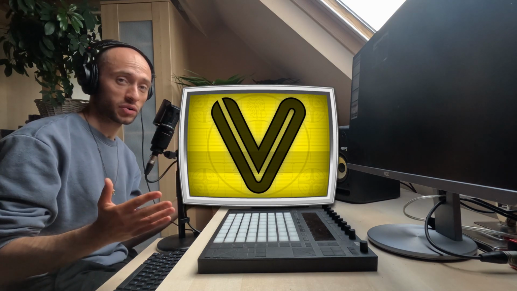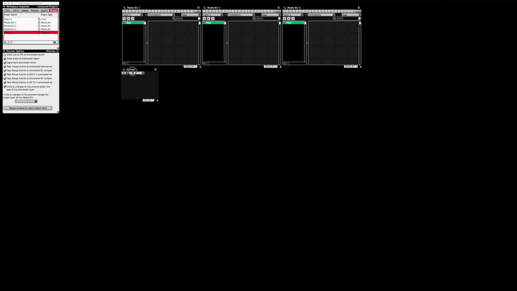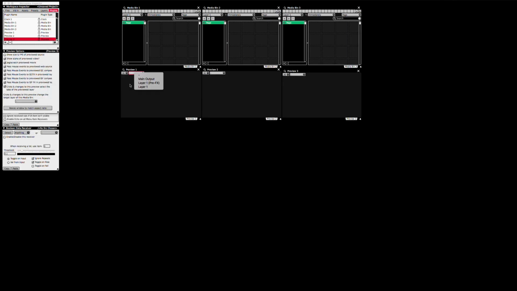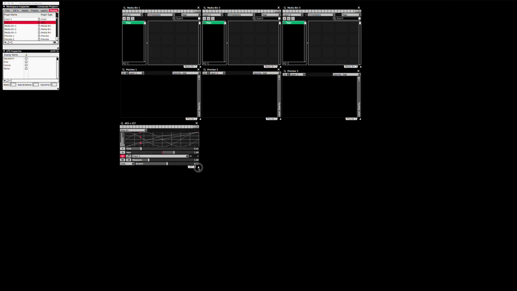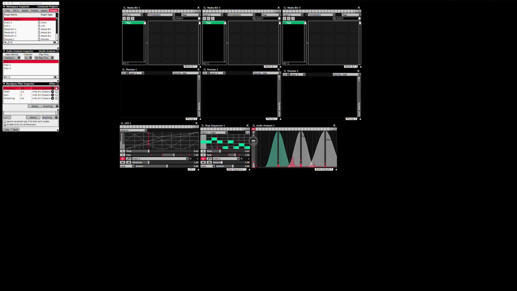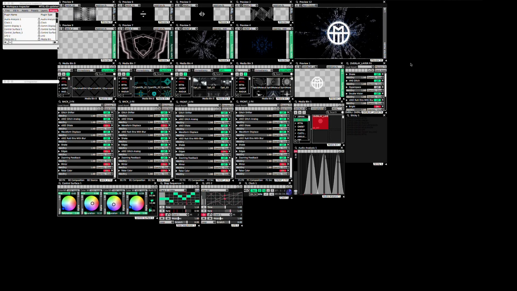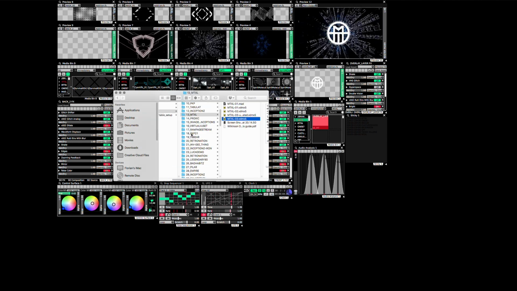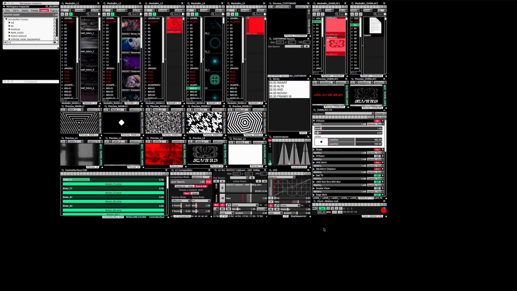you need to do. On the other hand, when we look at the VDMX software, we literally have a blank canvas. All we see here is the workspace inspector and one media bin. All other windows need to be opened by the user using the plugins. If, for example, we would add more media bins, a couple of previews, an LFO, a step sequencer, and an audio analysis plugin, then we could get something like this. Although this creates room for endless possibilities, it can be quite confusing for other VJs to pick up on your